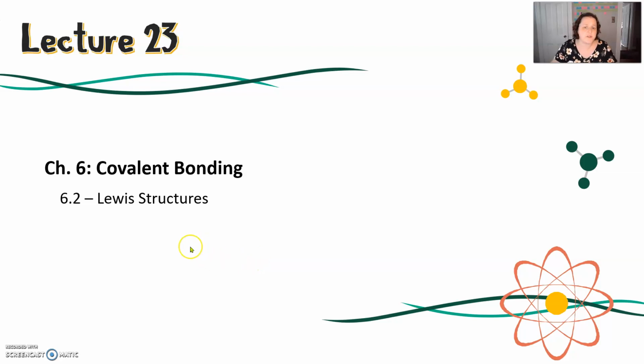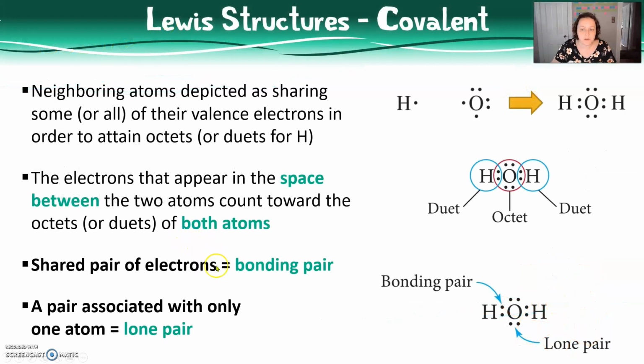This mini-lecture introduces Lewis structures, a method for determining the molecular structure of covalent compounds. When combining Lewis symbols to create Lewis structures for molecules, there are some rules to follow. First, electrons that appear in the space between two atoms count towards the octets or duets for both atoms and